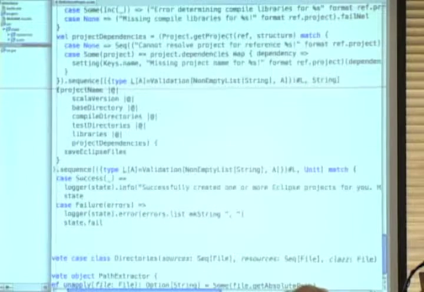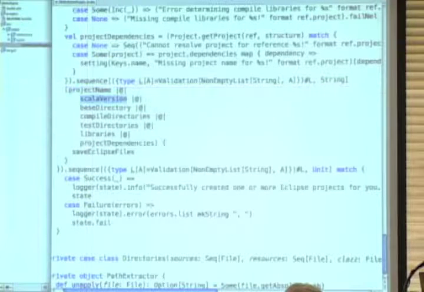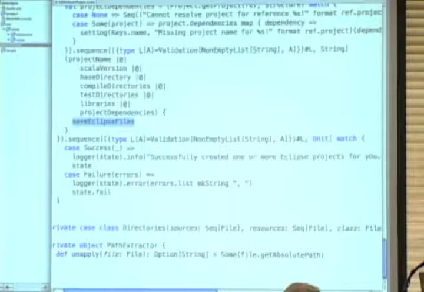So if you look here, you see what I'm doing in SBT Eclipse. I take all those effects, some of them are already sequenced, and I call this save Eclipse file method on it. And then again, I pattern match on the result. Is it a success? Then I say, okay, successfully created an Eclipse project for you, or I have all the failures accumulated, and the user can see, okay, there was no base directory, or there was no this and that. So I'm really happy that I introduced this.